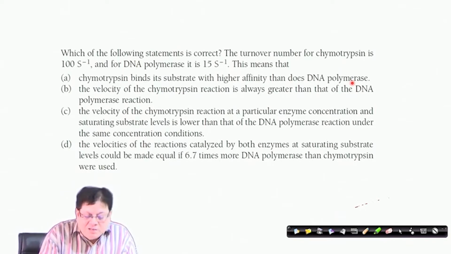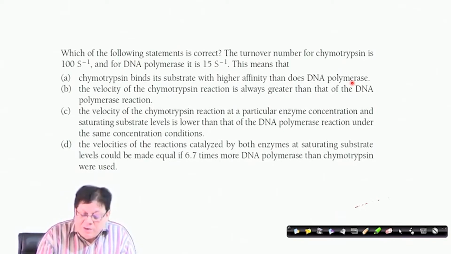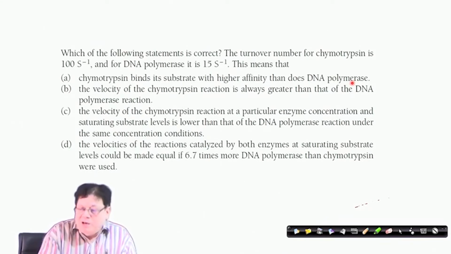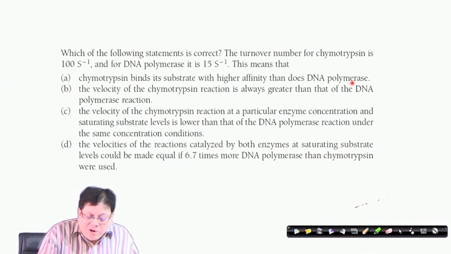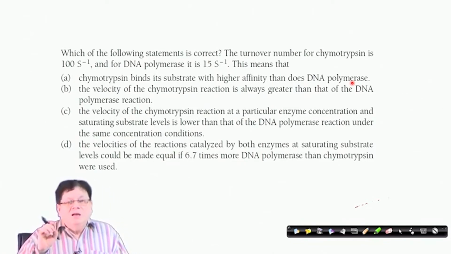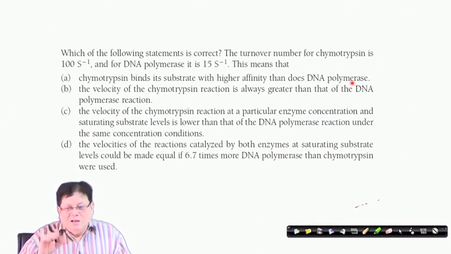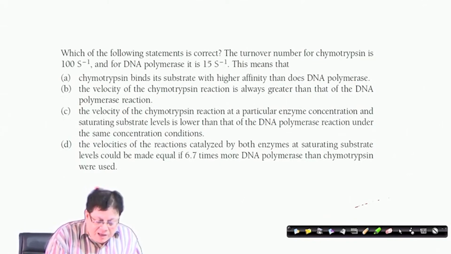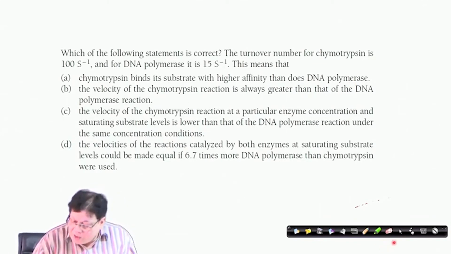And the velocities of reactions catalyzed by both enzymes at saturating substrate levels could be made equal if 6.7 times more DNA polymerase than chymotrypsin were used. Again, the velocities of the reactions catalyzed by the enzymes at saturating substrate levels. That means, at saturating substrate levels, the velocity of the reaction is equal to the Vmax. Saturating means when you have saturated the active sites. So, the Vmax for